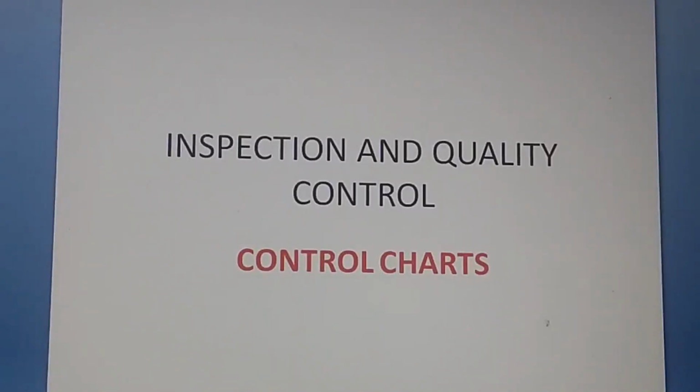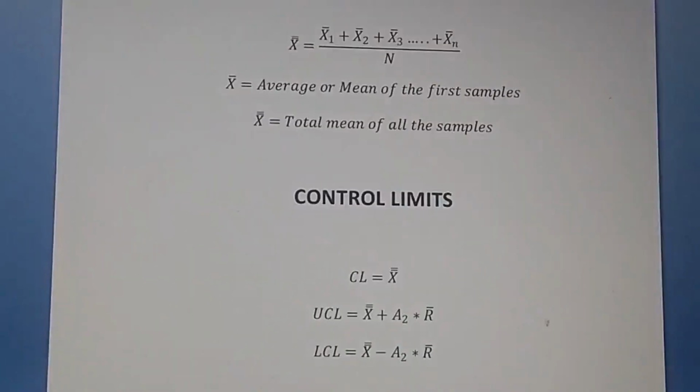Hello everyone. Previously we have been discussing the control chart for variables, consisting of the mean chart and range chart, which is the most commonly used chart for determining whether samples are under control. We determined the control limits for the mean chart by finding the average mean of each sample, then the total mean, and using the control limit formula with x double bar to get the upper control limit and lower control limit.